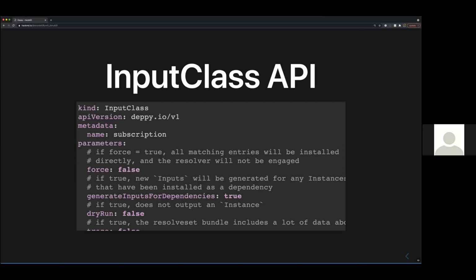We could use this to avoid that type of problem, but one of the problems is how we divvy up the set of things that we put into a resolve set bundle, and that has been hand-waved away in the APIs because it doesn't really show up in the APIs. If I'm given a set of inputs, how many resolve set bundles do I generate, and how do I divide them up in a way that makes the most sense?